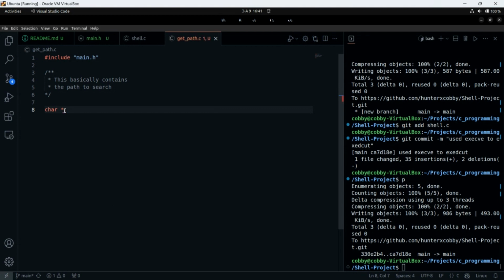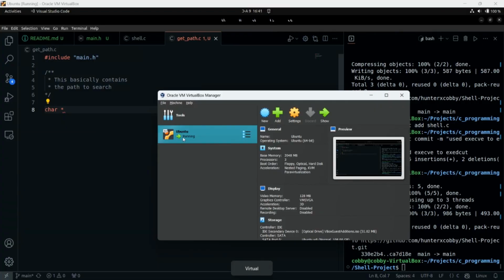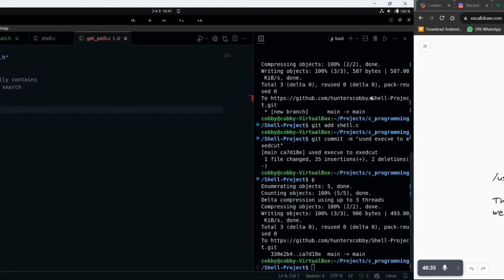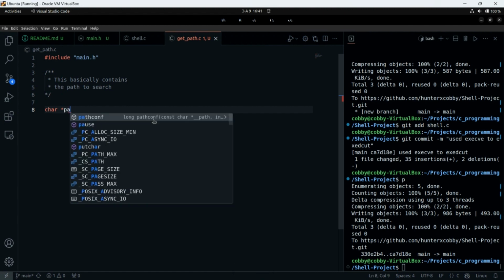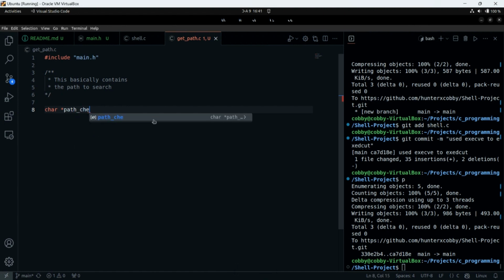What's the name of the function again? Path check, right? So we have path check, and then path check is taking what?